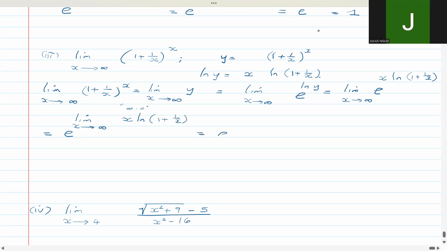So this becomes exponential limit as x approaches infinity of ln of 1 plus 1 over x, because that's already a 0. If you substitute infinity, then you divide by 1 over x. Now, using L'Hopital's rule,